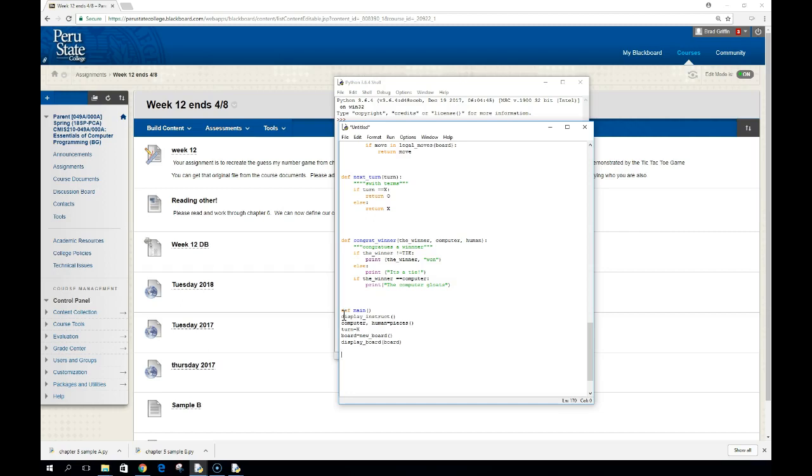So now we want to create this game to run several times. Those should all be indented, my bad. So we want this game to run until somebody wins. So we're going to put the game then in a loop. So while not winner, so as long as we haven't declared a winner, this loop is going to function. And so if turn is equal to human,